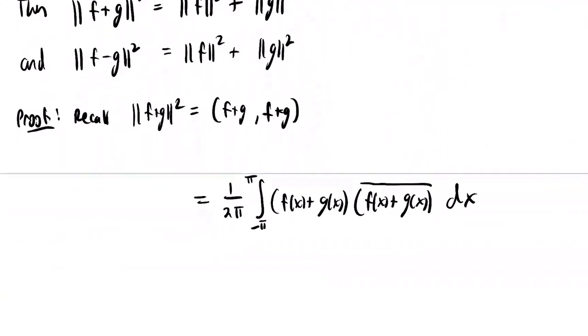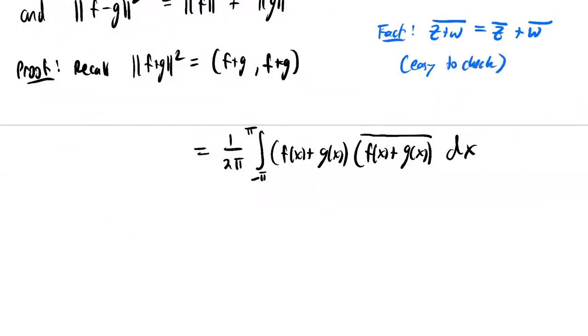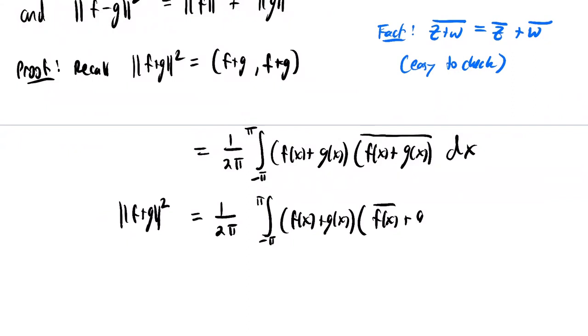We have the following fact, which I forgot to review earlier: if you look at z plus w and take the complex conjugate, this is equal to the conjugate of z plus the conjugate of w. This is easy to check. So maybe you should pause the lecture and verify this for yourself as a good exercise. If you're confused about this point, you can ask me and I'll go over it. It should only take like 1 minute. Right, and so if I use this property, we see that the L2 length of f plus g is equal to 1 over 2 pi times the integral from minus pi to pi of f of x plus g of x times the conjugate of f plus the conjugate of g,